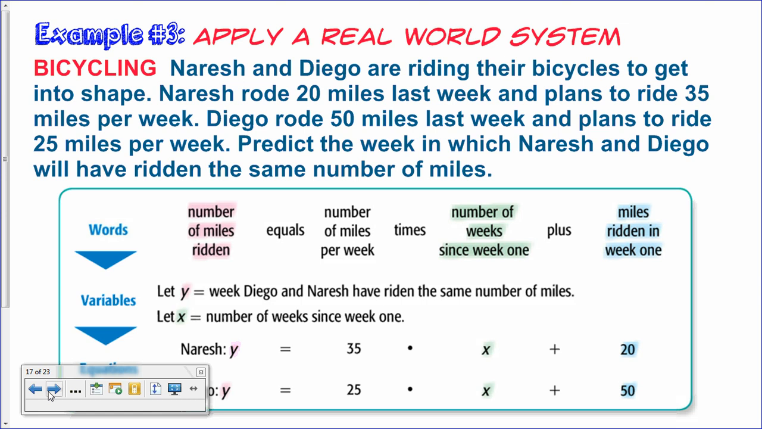Okay, example 3. This is how we would apply a real life system. This is probably how you're going to see it on the EOY test also. Naresh and Diego are riding their bicycles to get into shape. Naresh rode 20 miles last week and plans to ride 35 miles per week. So what has he already done? 20. So can I start at 20? If I were to put it in an equation, that would be my b, my starting point, right? And then my slope would end up being,